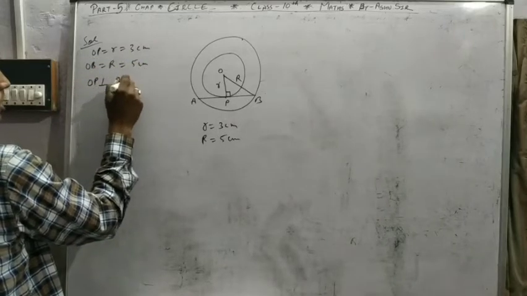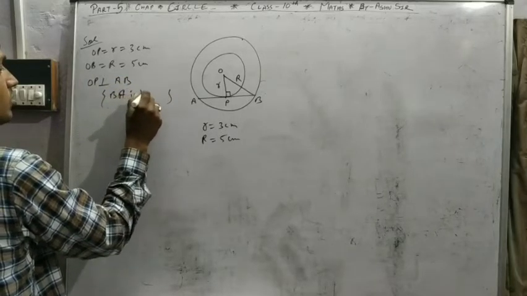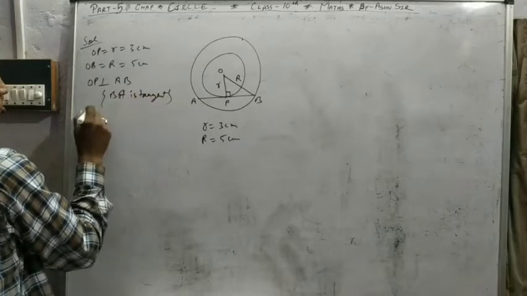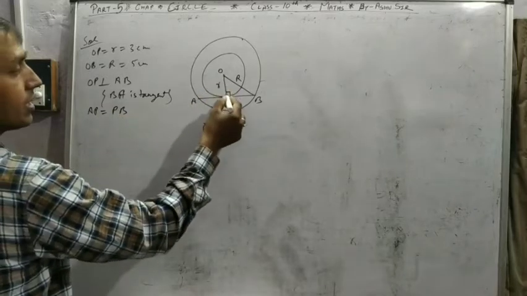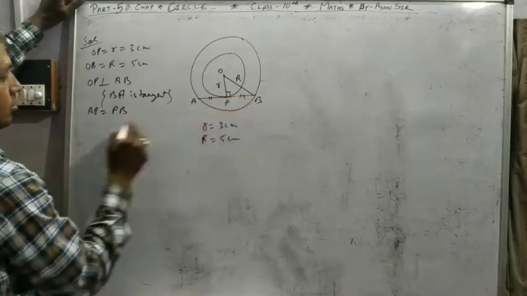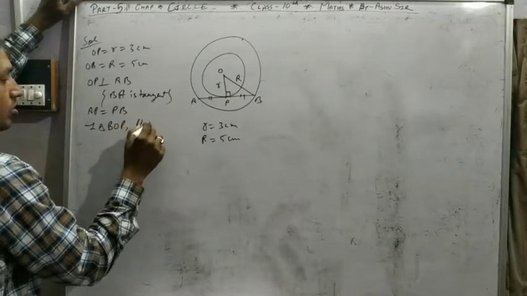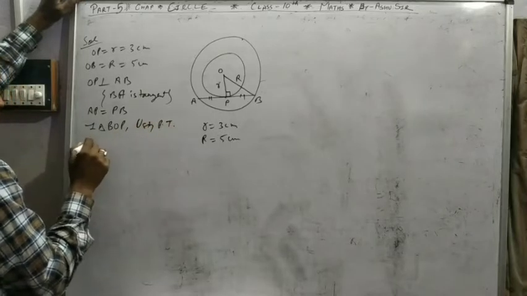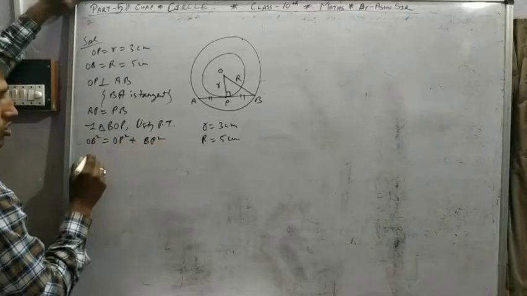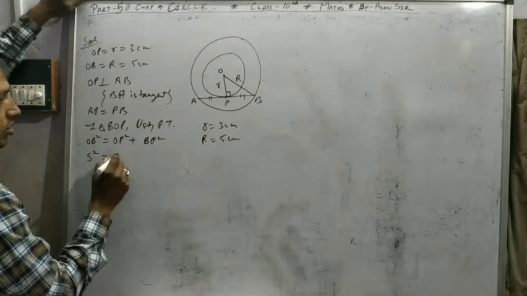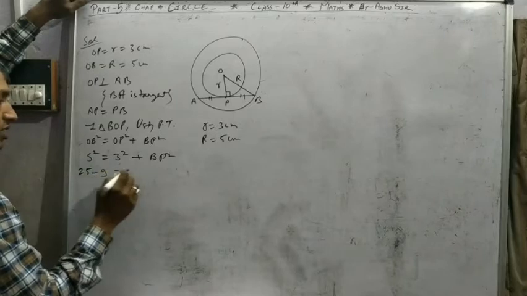OP perpendicular AB because BA is tangent. So AP equal to PB because perpendicular from the center to the chord bisects the chord. So in triangle BOP, using Pythagoras theorem, OB square is equal to OP square plus BP square. OB is 5 square, 3 square, BP square, 25 minus 9,